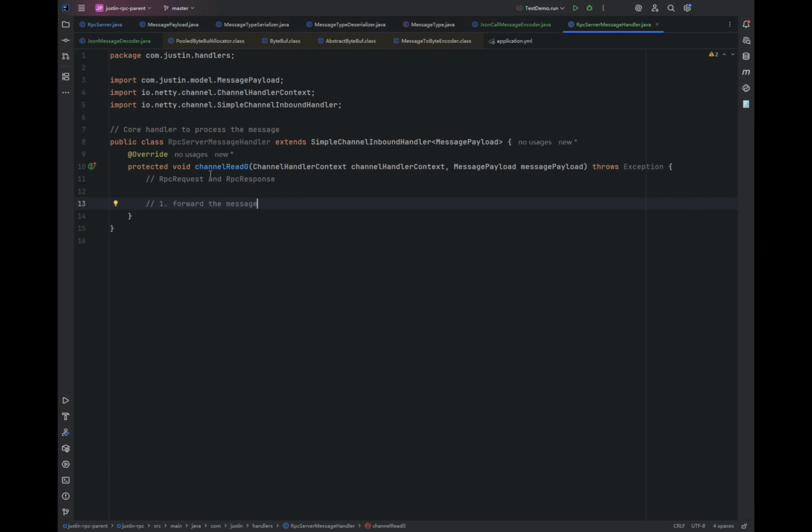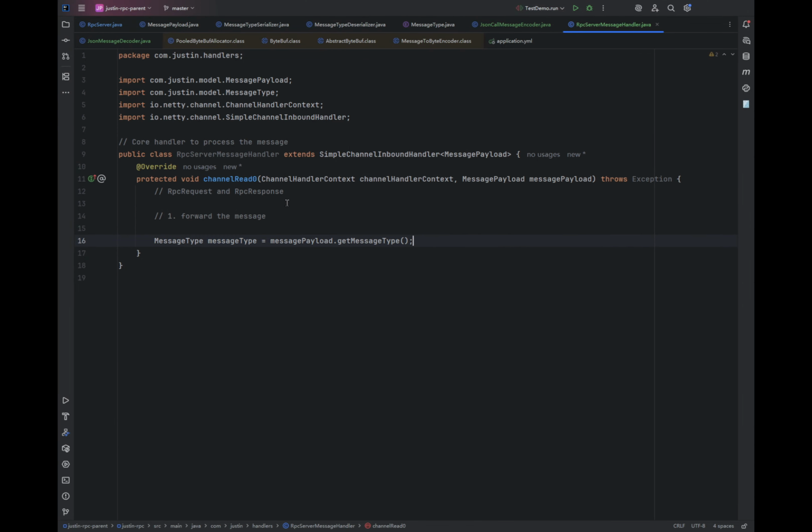Now, if the message type is about response, then we need to return it back to the consumer, right? So the first thing we need to do is get the message type, and then let's check what this message type is. If it equals